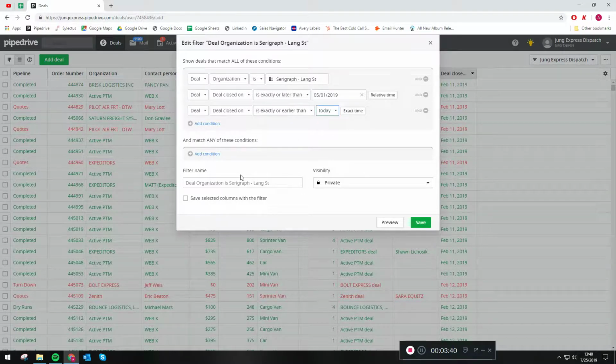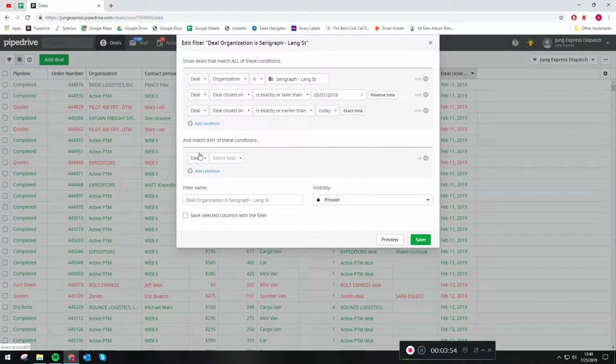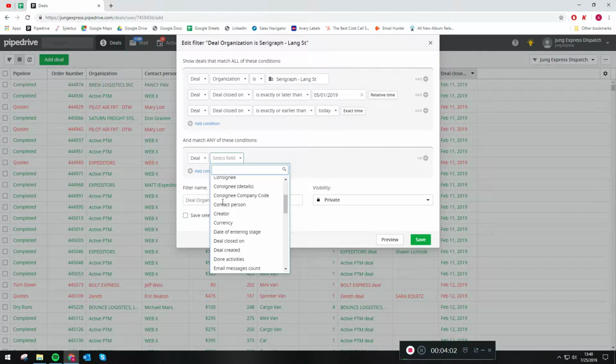In Pipedrive, order statuses are called the pipeline. Every complete, quoted, quote order, canceled, dry run, all of that, that's called the pipeline. So what we're going to do is say we want to see all the completed, all the quotes, all the turn downs, all those things. We're going to go deal, pipeline